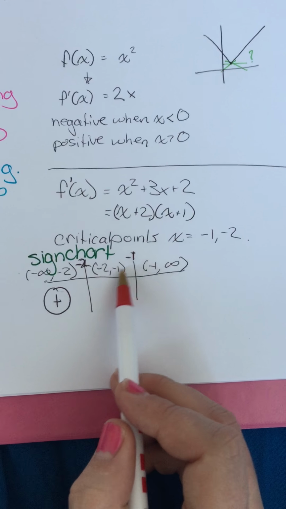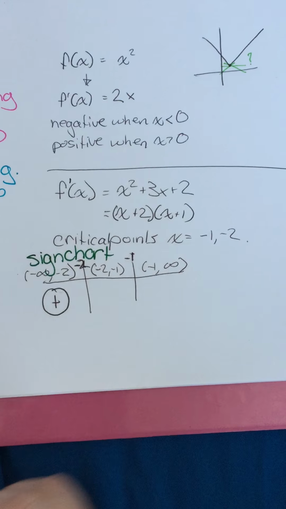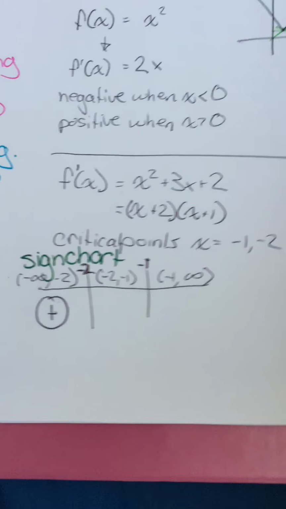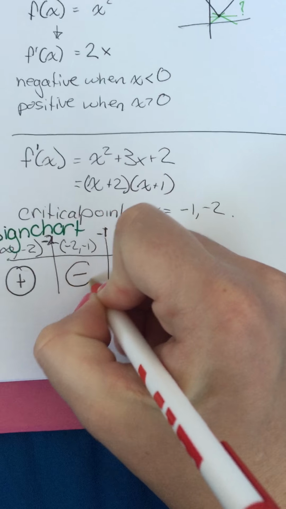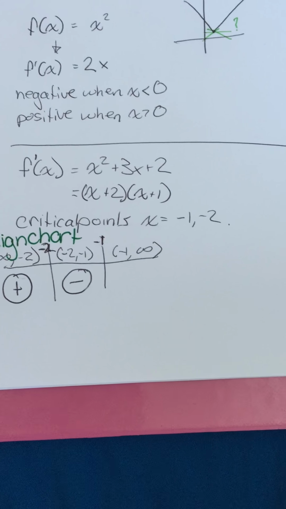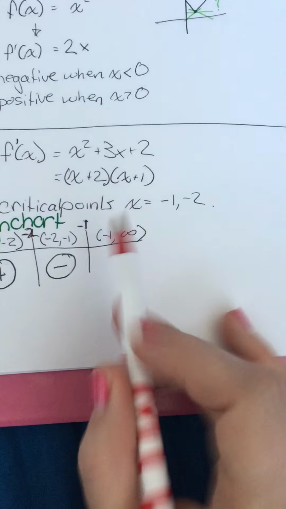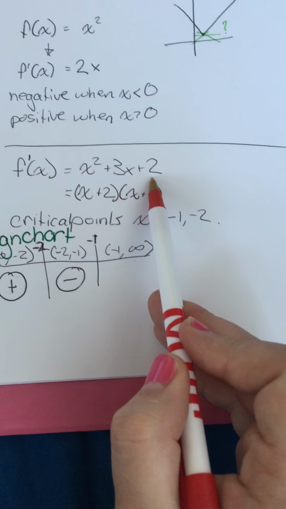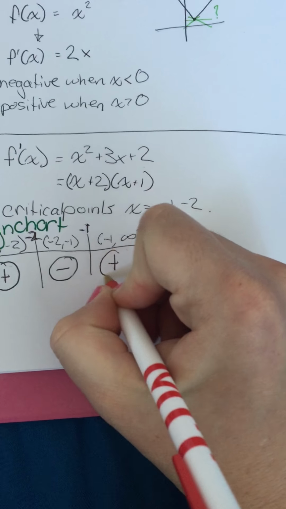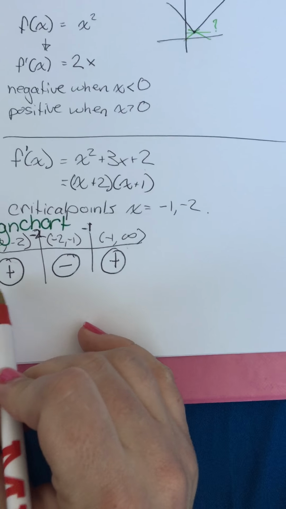In here, well, let's take -1/2, okay? Then you want to go off to the side and you can use a calculator, whatever you want, but you're going to find out that this is going to be a negative value. And then in here we pick something else. I'm going to pick 0 for simplicity, and then +2, so this is going to be a positive number again. So we know the intervals of increasing and decreasing here